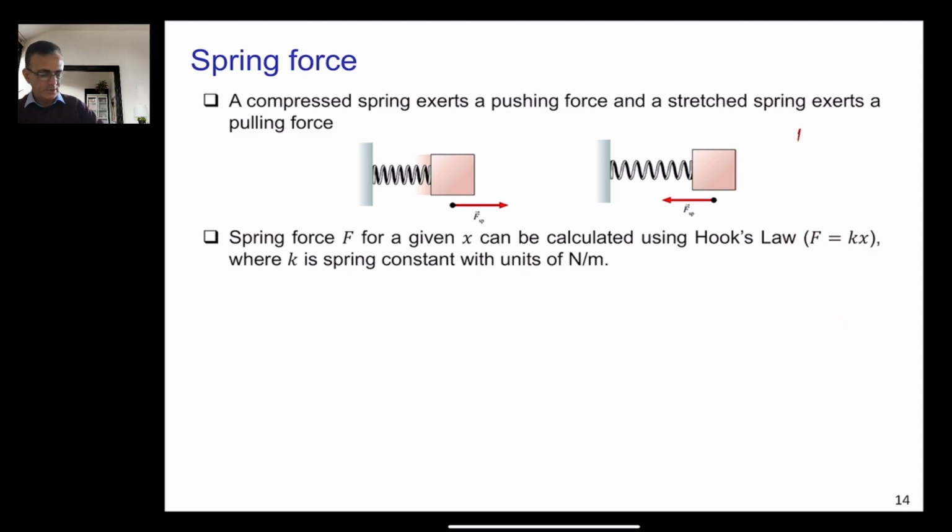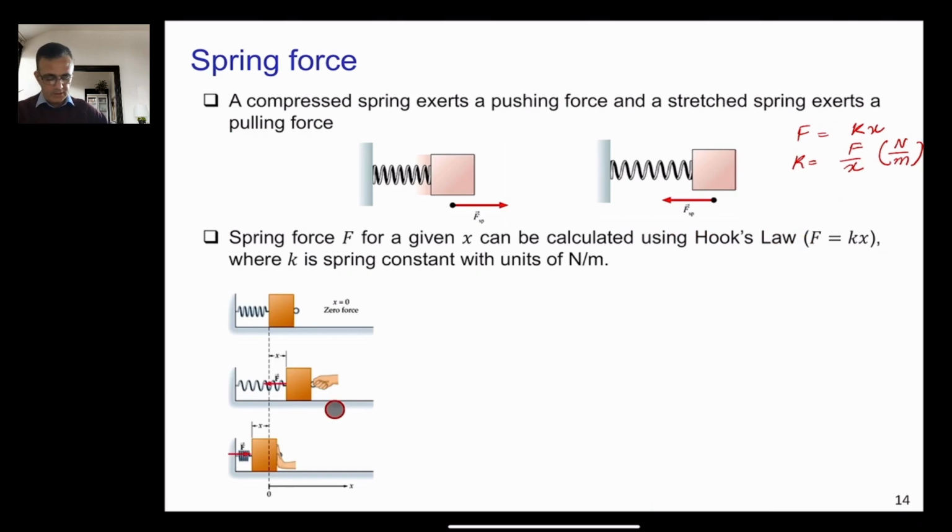F is equal to kx, or k is equal to F divided by x, and the unit of F is Newton, and the unit of x is meter. So the unit of k will become Newton per meter. Now if you look at this figure, you have a spring here, and the length of the spring may be something like L,